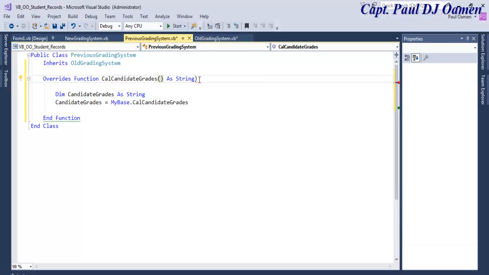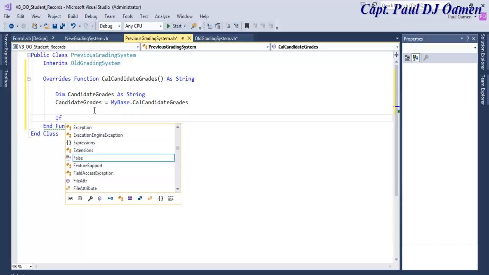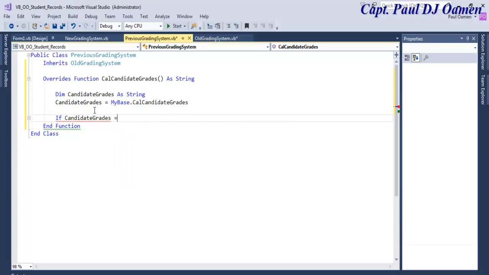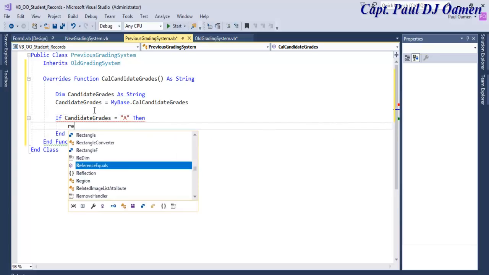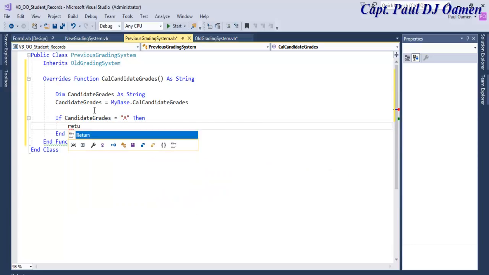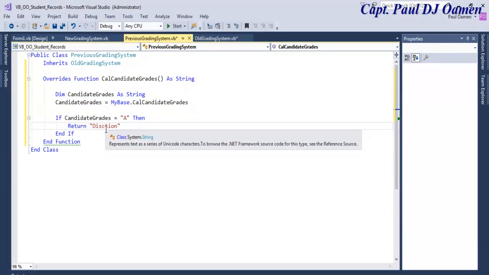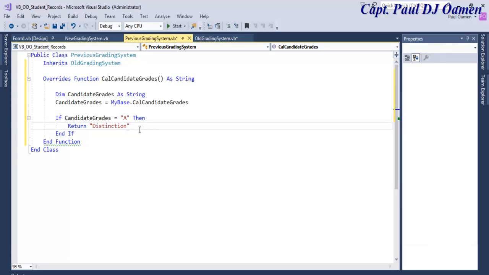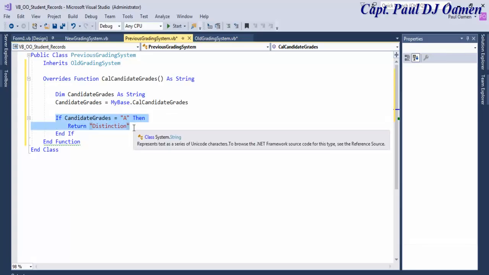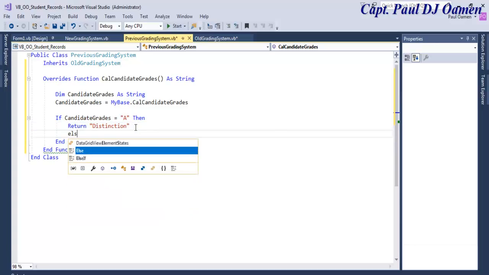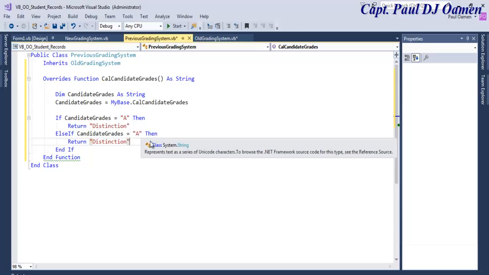Right. And get rid of this. That should be there. Okay. So let's say if candidate grades equals A, then I'd like the system to return distinction. Wrong spelling. Return distinction. And supposing the candidate grade is B, let's say else if candidate grade equals grade B,